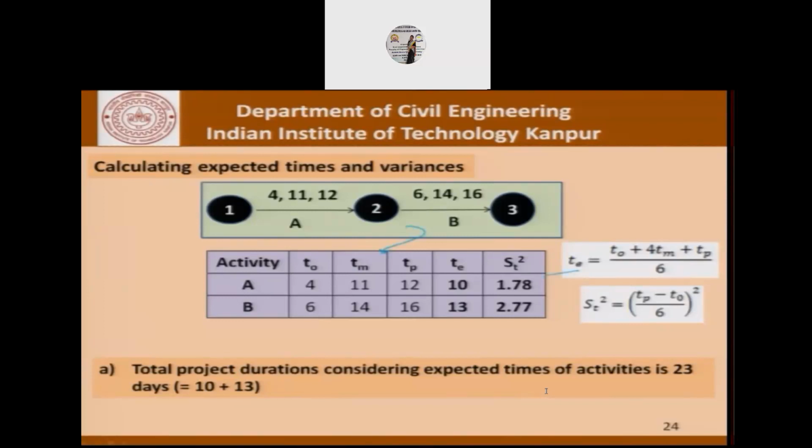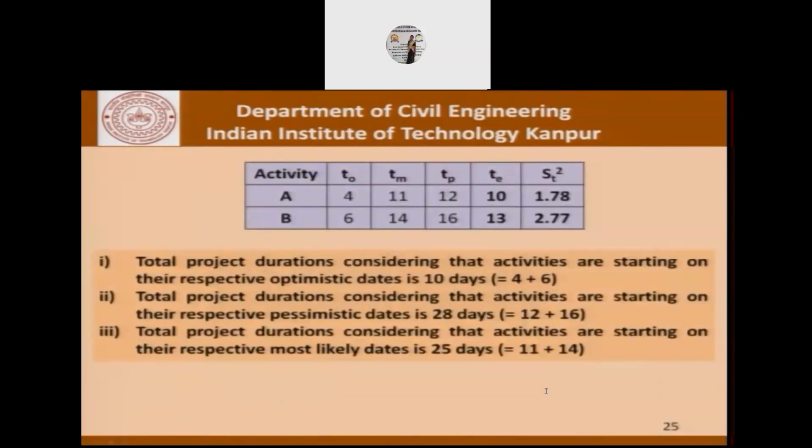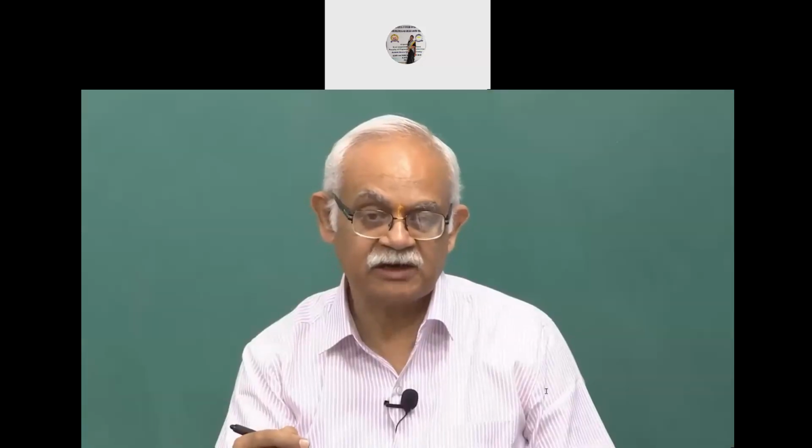So using these formulae, we calculate the expected times of completion of the activities and the variances. So the total project duration, considering the expected time of the activities, is 23, that is 10 and 13. Now coming to the second part of the problem, which was to say that, well, if activities are completed at